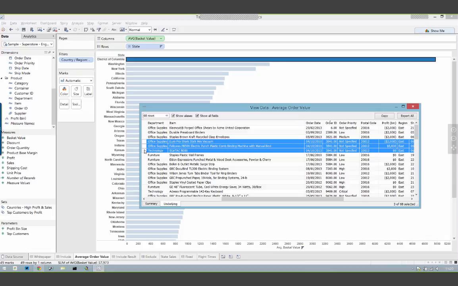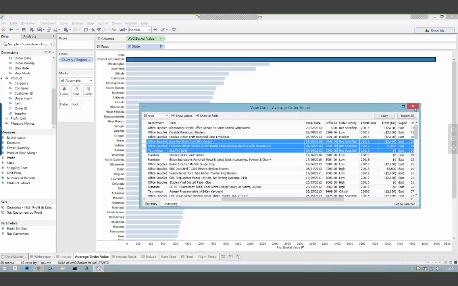But if this data had one row per order, then we could just take the average sales and everything would be fine. So keep in mind, when you're doing level of detail expressions, you really need to understand the granularity of your data. That's probably the most important thing.